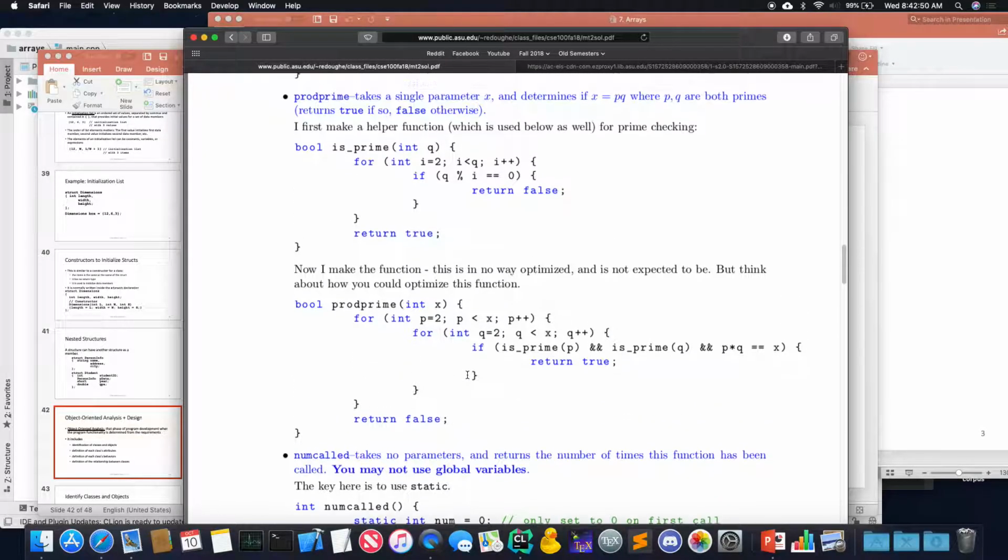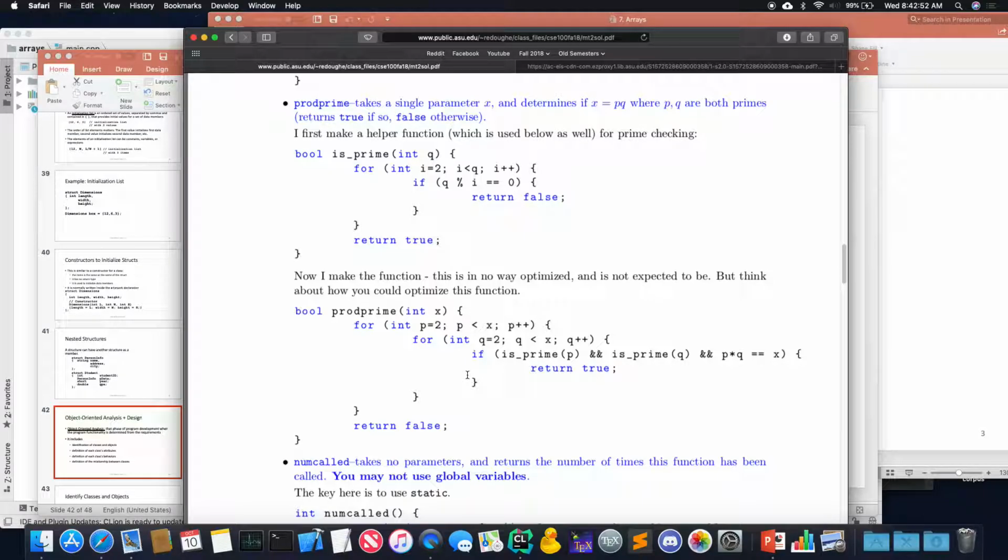So this function is actually extremely, extremely important to secure communication. If you want to talk to your bank, for example, over the internet, what you do is you have your own prime value. This is not actually what happens, but you have your own prime, and they have their own prime.